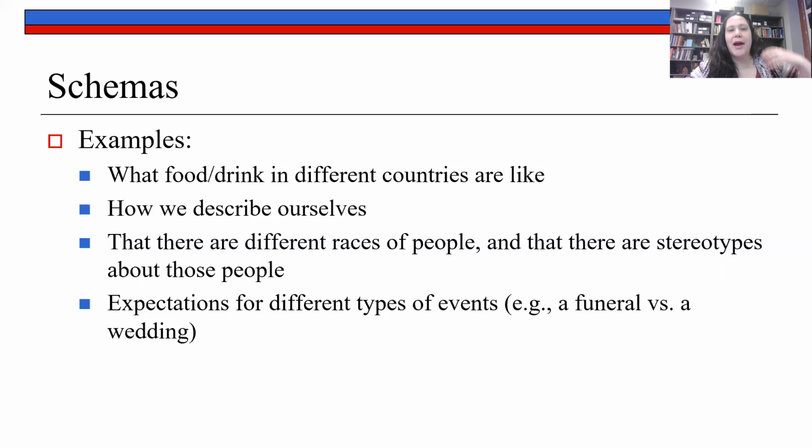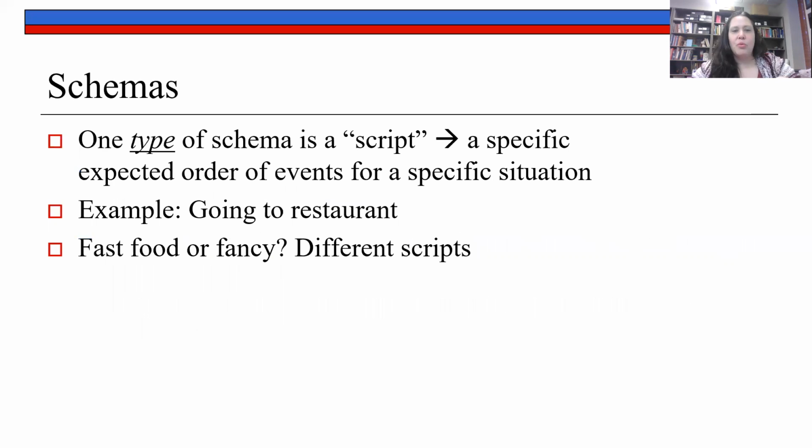So you have these schemas or expectations or constructs for how the world is going to work. One specific type of schema that we talk about in social psychology is a script. A script is a specific order of events that we expect to happen in a specific situation. So we have scripts for going to restaurants,